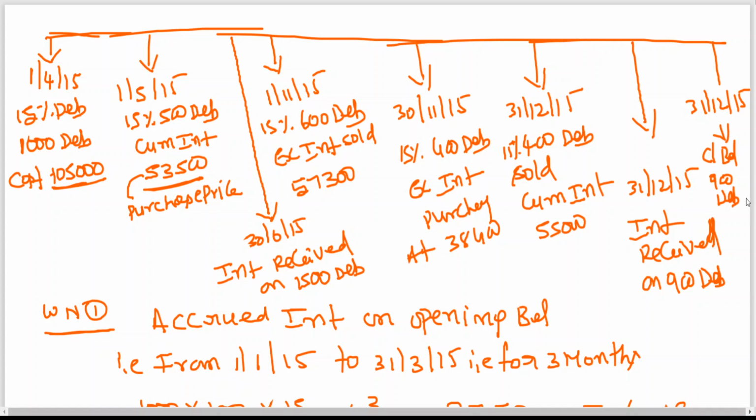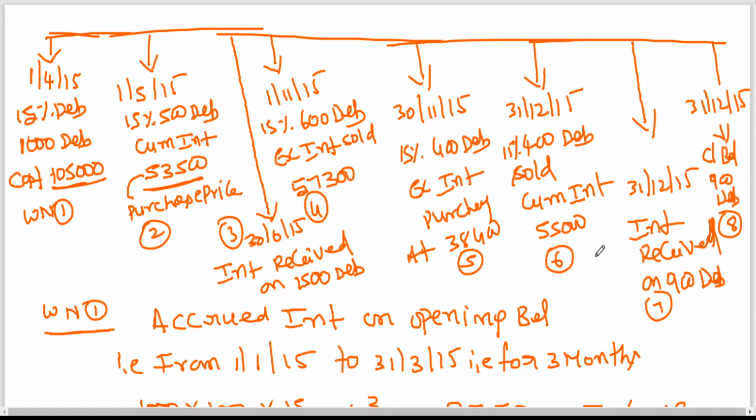That's it. So this is working notes number 1, working notes number 2, working notes number 3, working notes number 4, working notes number 5, working notes number 6, working notes number 7, working notes number 8. So this is how you should be doing it. This timeline will give you clarity. And you also can draw the chart also, account also. The moment you complete working notes, you can insert the values also.